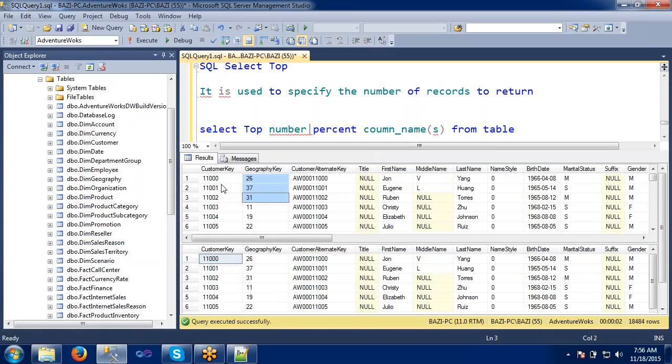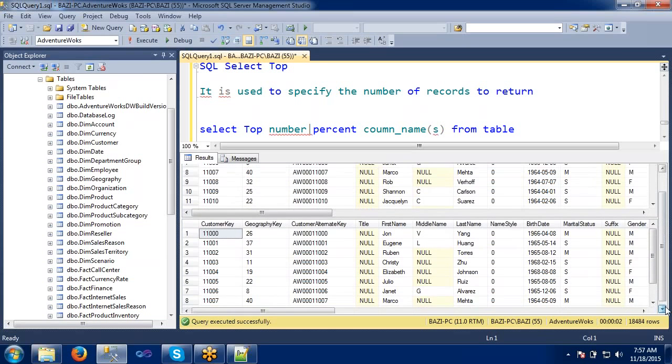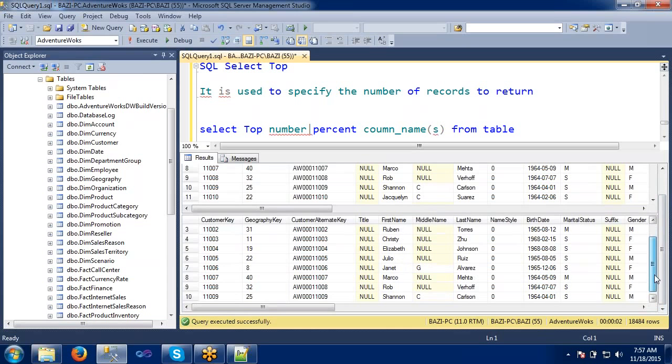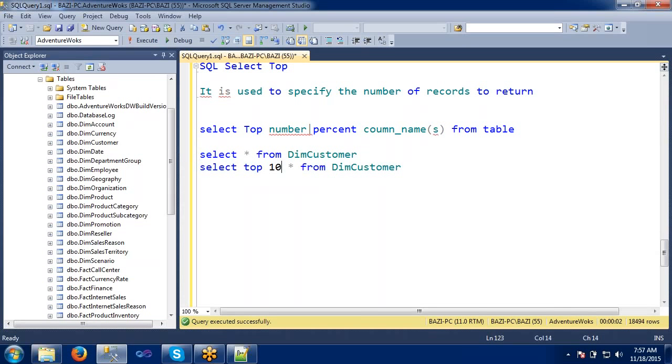Here the top 10 records are, let's say, customer key 11,000, 11,001, and so on up to the 10th. These are the top 10 records. If you want, not only the top 10, we can get the top 2 also.